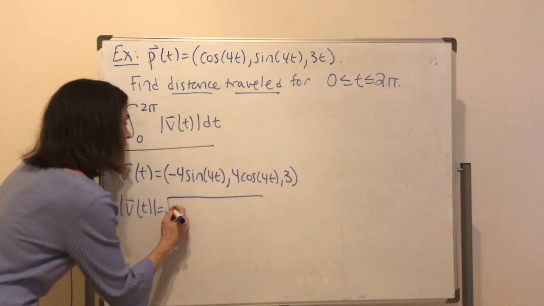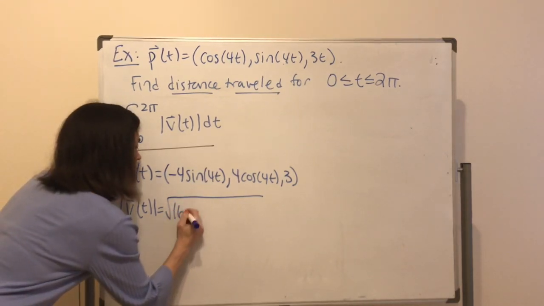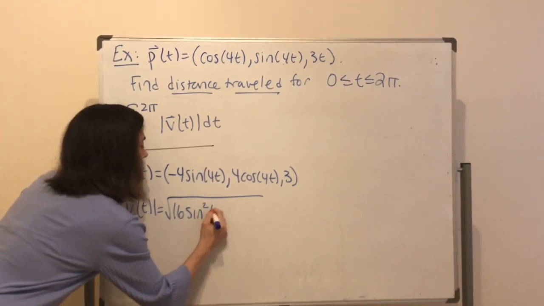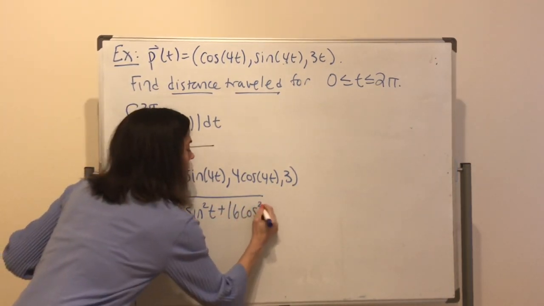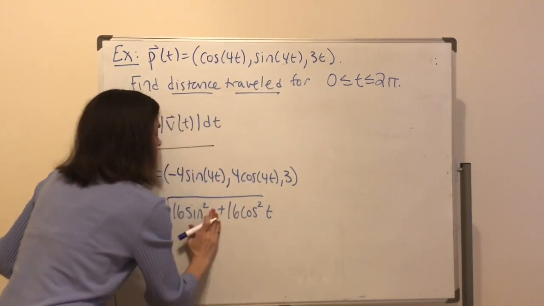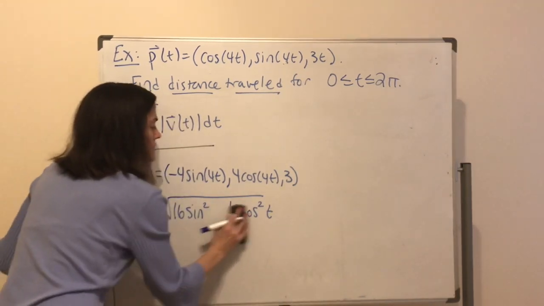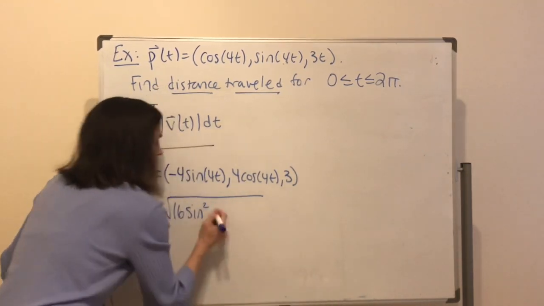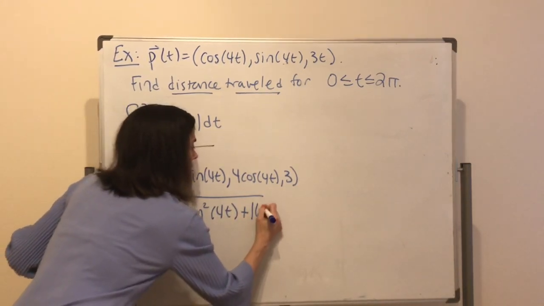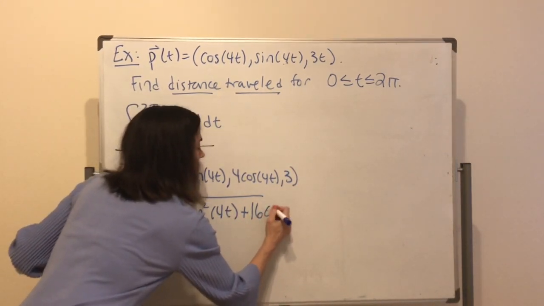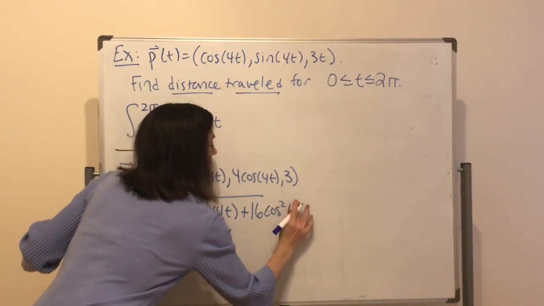That's me personally. Okay, so we have 16 sine squared 4t plus 16 cosine squared 4t